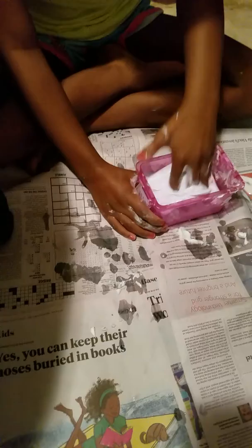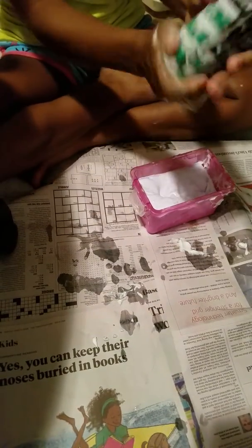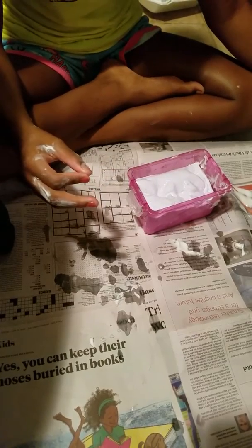So I'm at part 2 of making my slime fluffy, just using shaving cream. And shaving cream also makes it more...